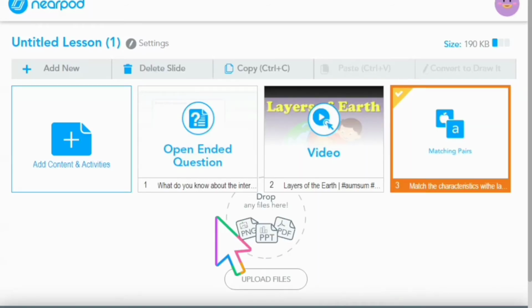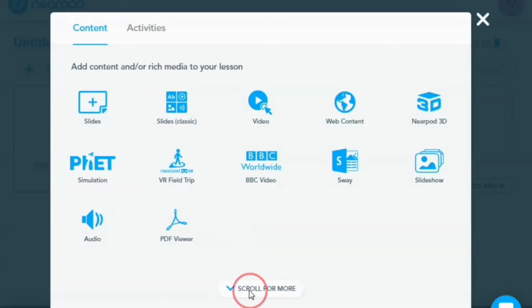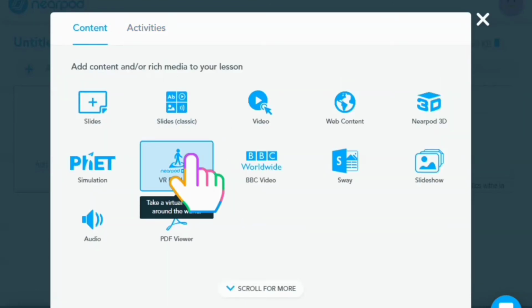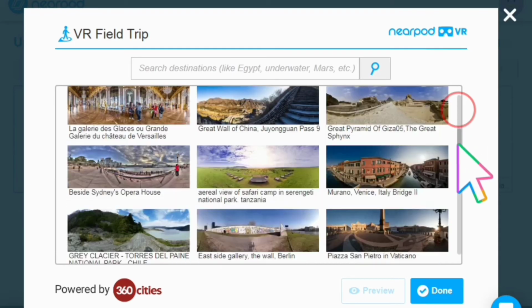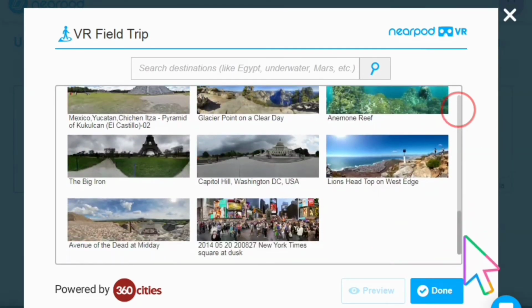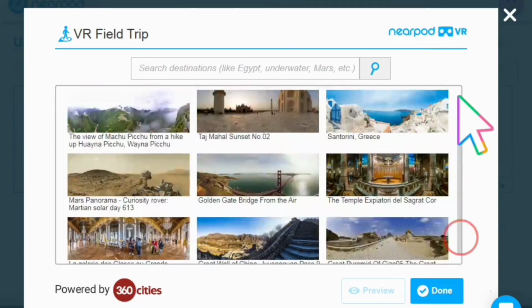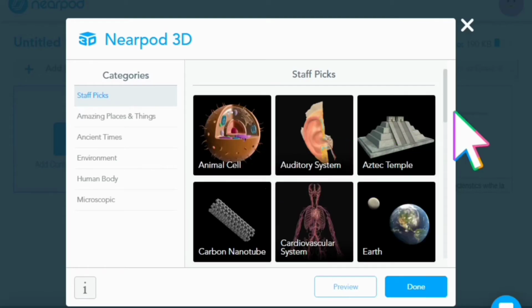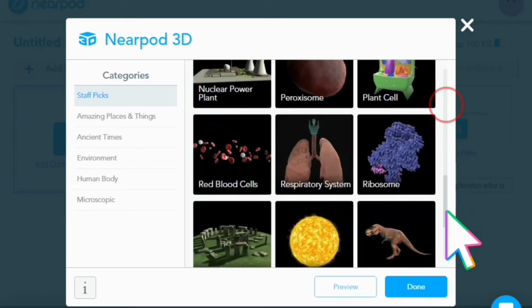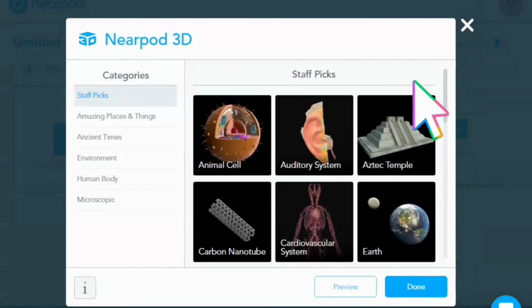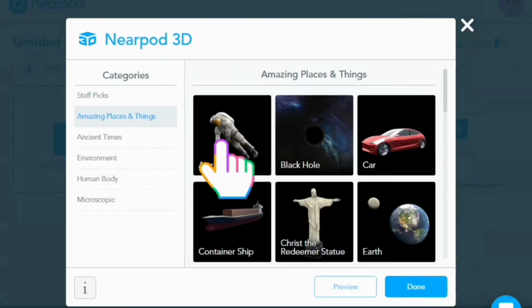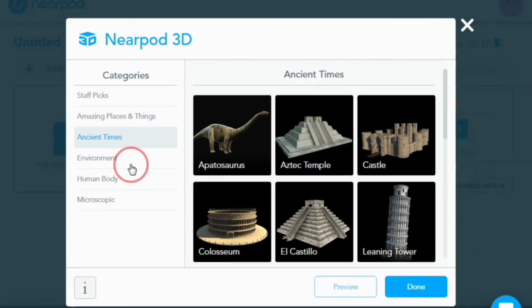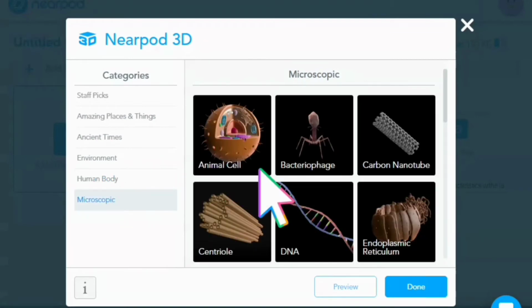So you can see that the slide of the matching activity is also added in your lesson. So in this way you can add multiple things to your lesson plans. So now I am going to experience a VR field trip as well, and you can see the different 360-degree images are already given in the library, and you can even upload them as well. For this you will have to download from Google first. Anyway, so here are Nearpod 3D images as well, and you can see this library as well. According to your content you can pick any one and put that in your lesson.